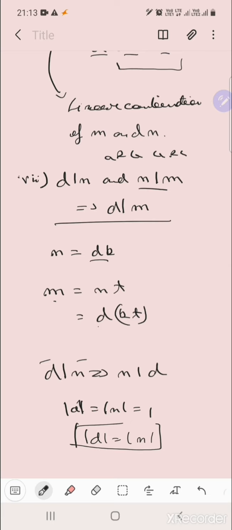I was not trying to confuse you people by saying those terms, reflexive, transitive, just to make you think whether it can be an equivalence relation or not. So it is not an equivalence relation.